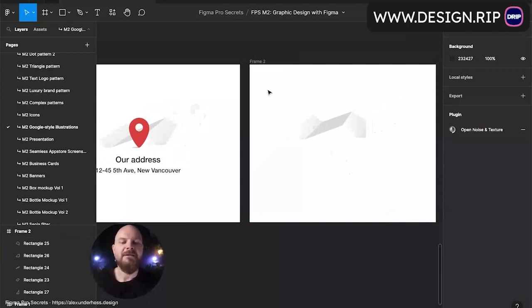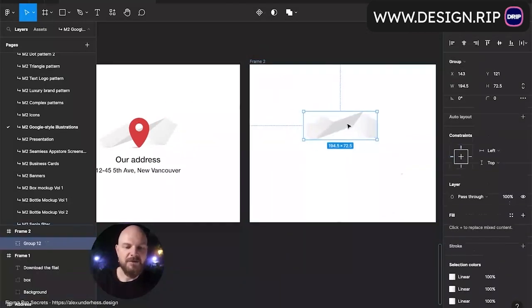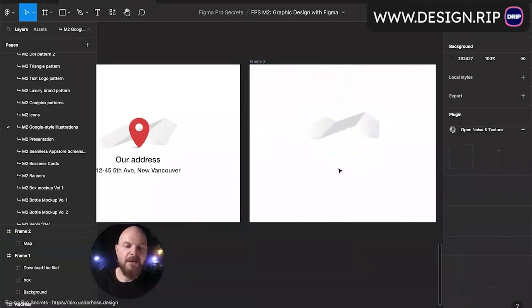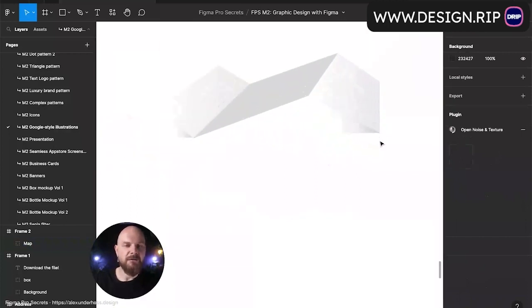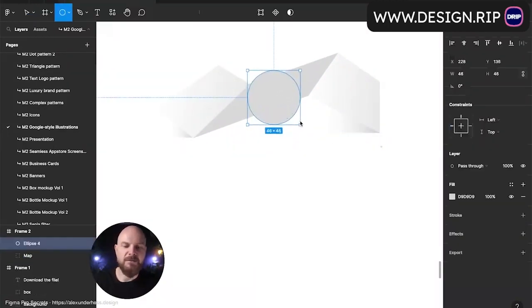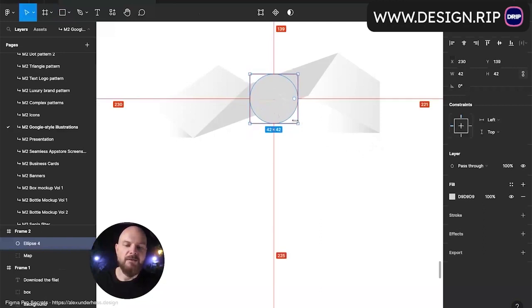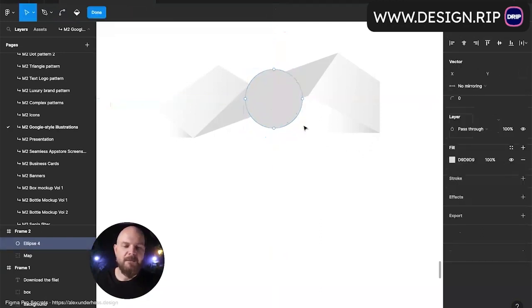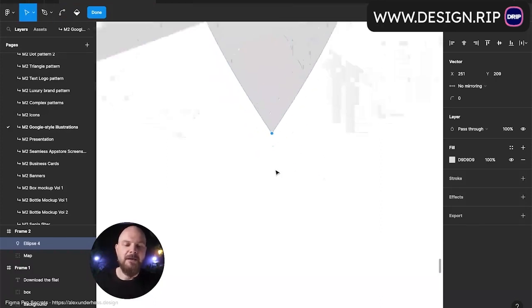Now let's create a pin in front of it. Command G, this is our map. Command R, map. Done. Next thing, pin. How to create pin. You already learned from the previous lesson, so we'll just repeat that. You create a circle, go to edit mode, move the bottom dot down, press Command click on this side, but then Command